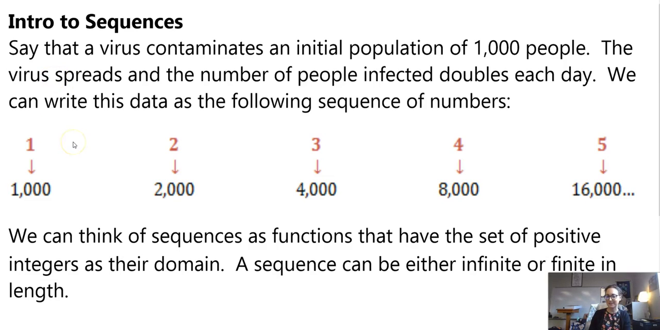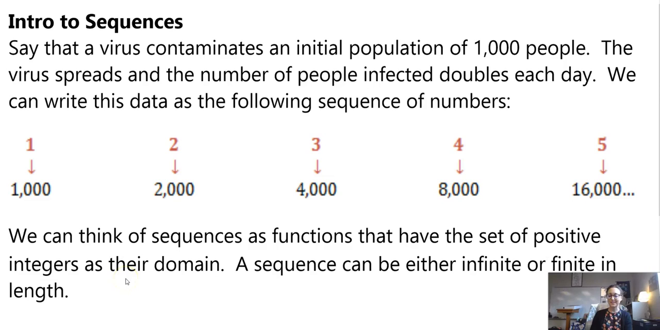Let's say a virus contaminates an initial population of 1,000 people, and that the virus spreads and the number of people infected doubles each day. So we can write this as a sequence. In other words, on day 1 we had 1,000, on day 2 we had 2,000, day 3 we had 4,000,